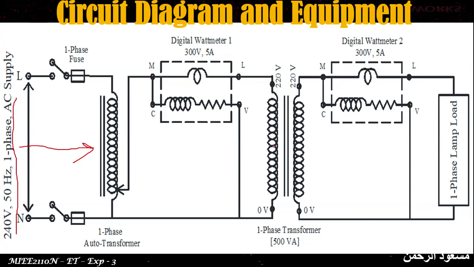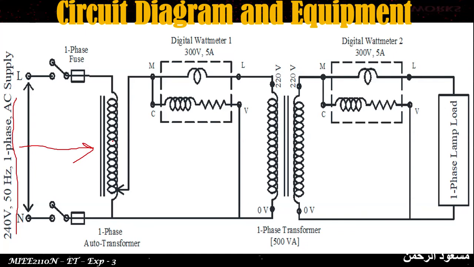We need 220 volt, but the supply voltage is 240 volt. So we have to decrease the voltage and apply it to the primary winding of the transformer. For changing the voltage according to our requirement, we use a single phase auto transformer, which changes the constant voltage AC supply into variable voltage AC supply at the same frequency. In a transformer there is no change in the frequency between input and output.